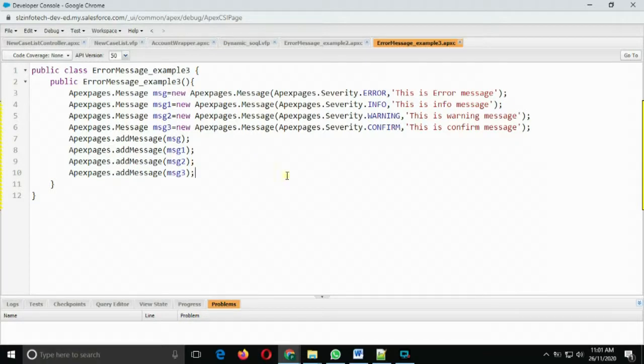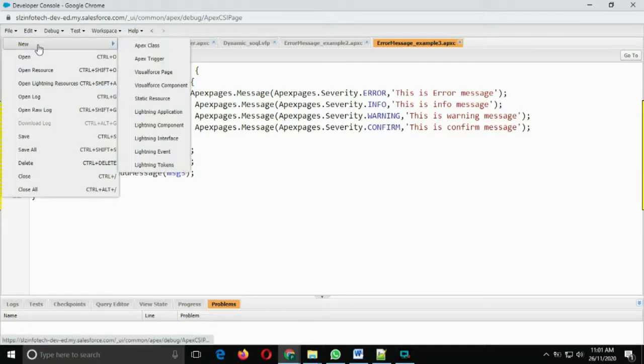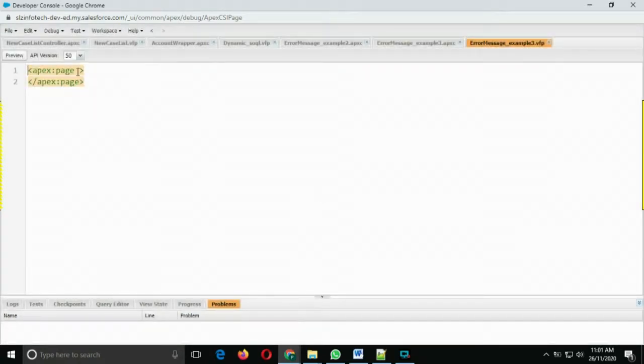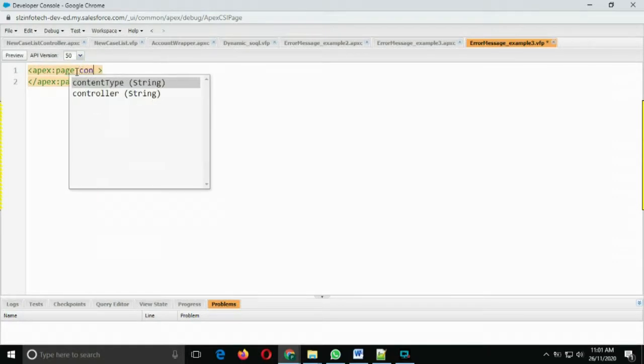Okay, now design the VF page. You can use the controller name, file, new Visualforce page, and use the controller.